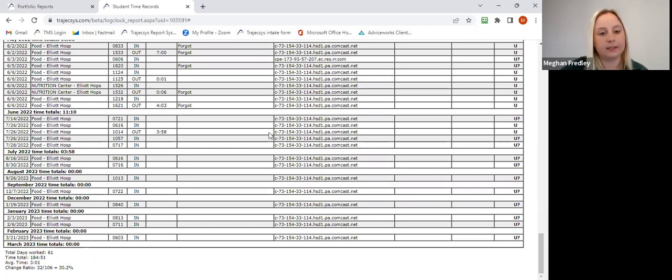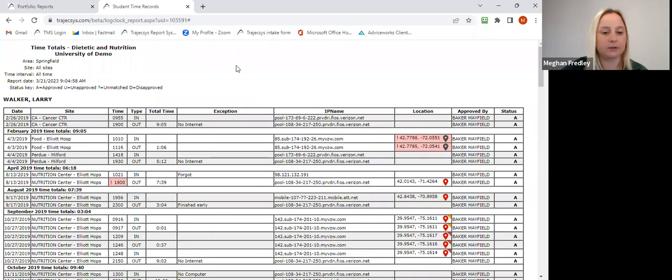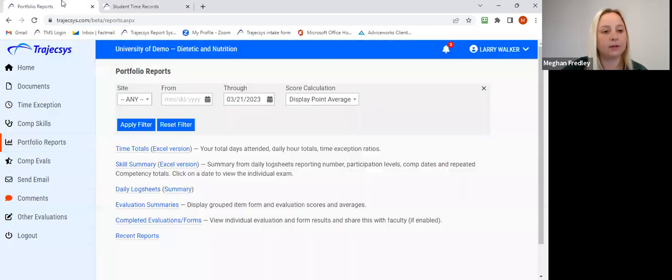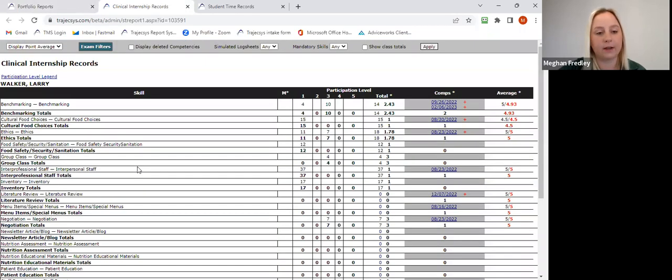So it's super simple and easy to track time and attendance with Trajexis. Those are those 3 different ways that they can use the system to clock in and out. And this is the view of their time totals. I do want to go over their skill summary here because this is really the return on investment for the student. So what it's going to have is all of your major studies along with the skills that would follow